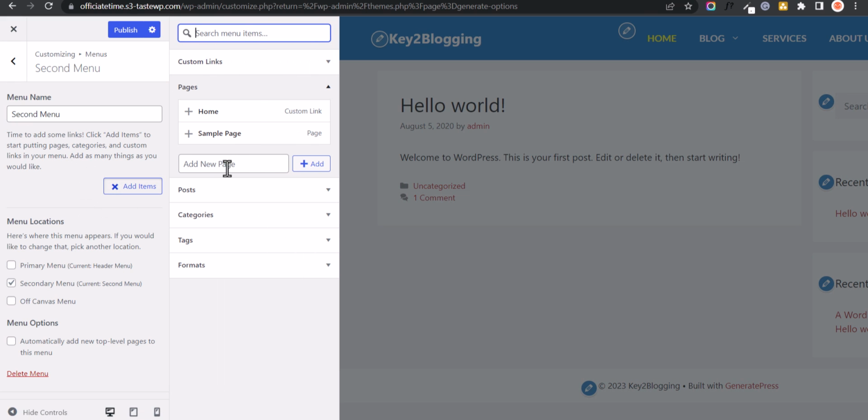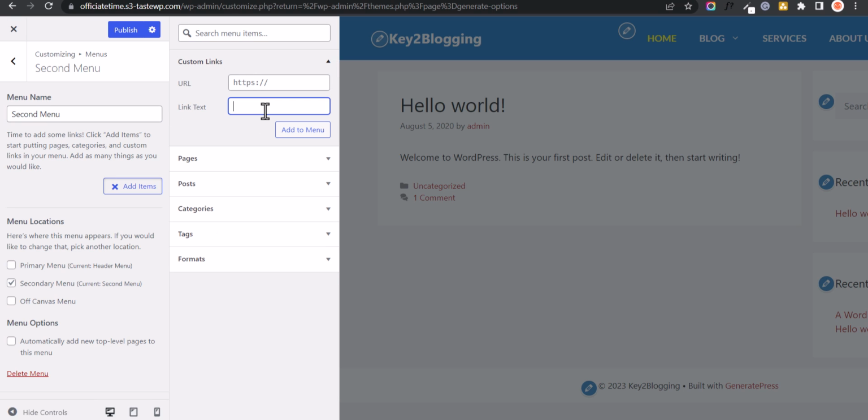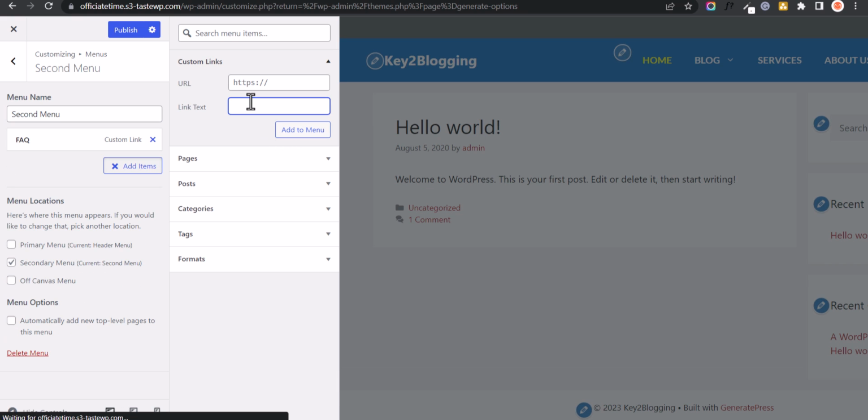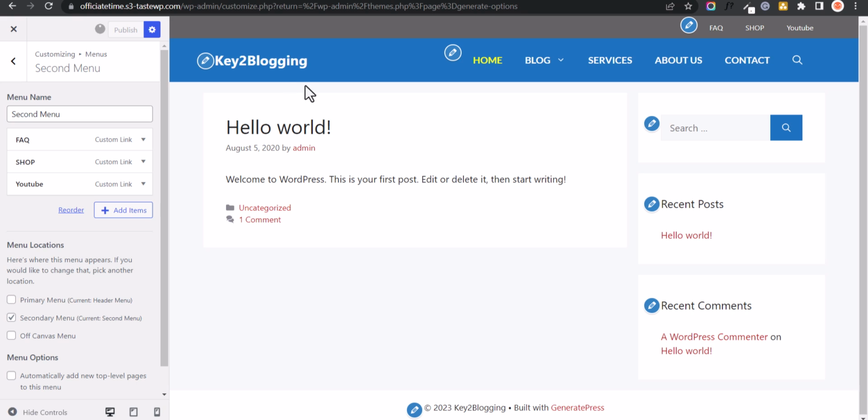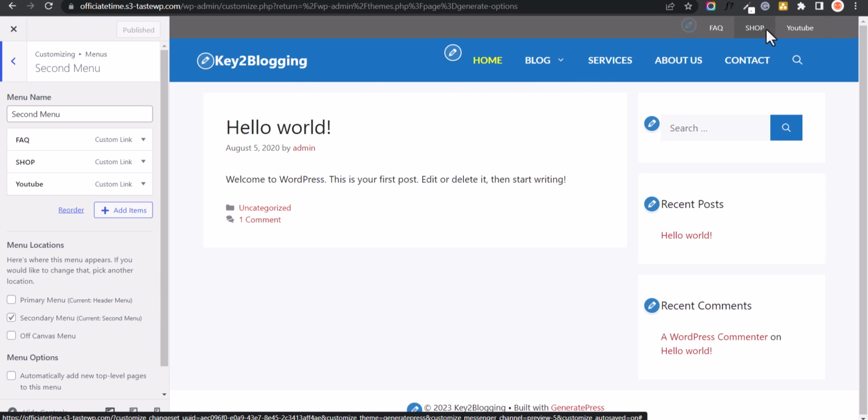Now let's add items here. So suppose I want to add some custom links here. So let's add a custom link like FAQ. Let's add the link here. Let's add the link like shop, and let's add the link like YouTube like this. And let me just publish it here, and as you can see that there is a secondary navigation menu comes in this theme. So if you want to use secondary navigation, then you have to purchase the premium version. Now let's go back here,